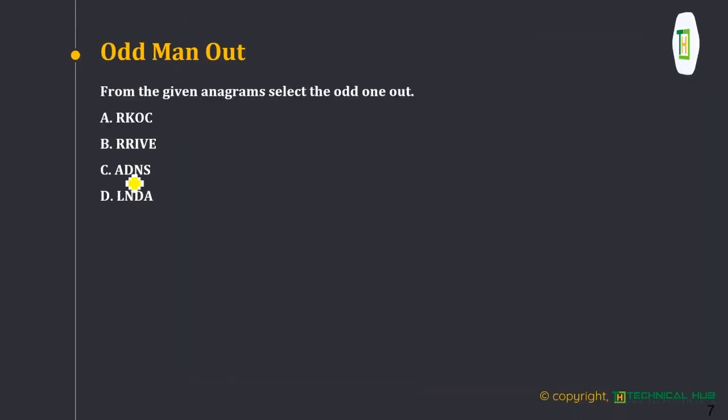Yeah, the next question is: from the given anagram, select the odd man out. We have already discussed this question maybe 3 or 4 days back. So this is not a letter-based odd man out. It's like a jumbled word. I have to arrange these letters to form a